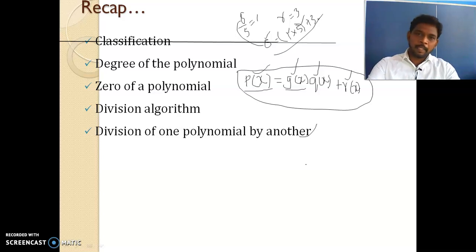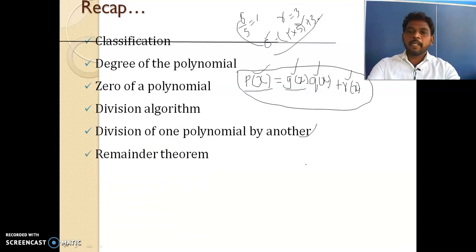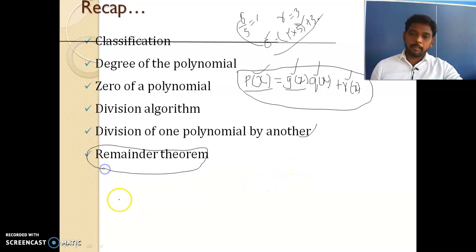We have seen so many problems under this, and next we have seen the remainder theorem. So what is the remainder theorem? The remainder theorem is nothing but a way to find the remainder. How can we get a remainder? When we divide a polynomial by another polynomial, we get a quotient as well as a remainder. So that is one way of getting the remainder, and another way of getting the remainder is through the remainder theorem, without actual division. Using the remainder theorem, we can find the remainder without actual division.